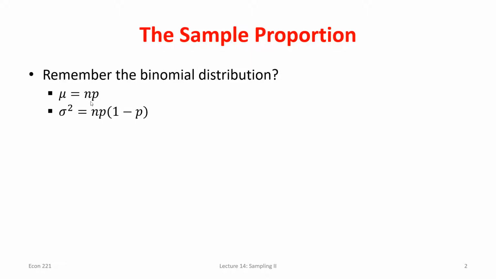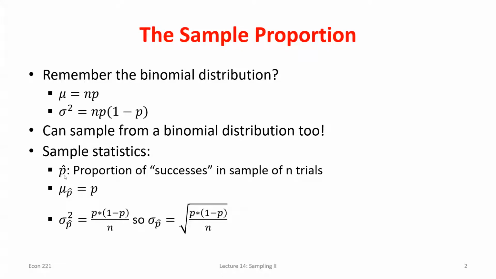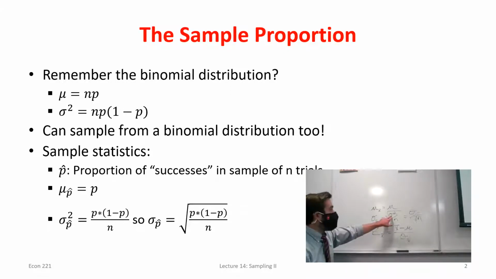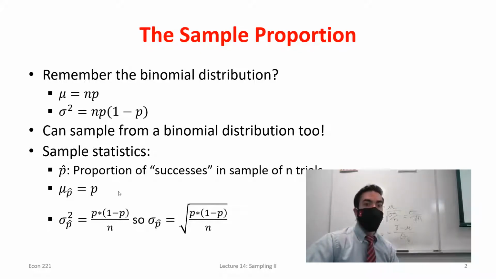So if I divide both of these by n, when I'm thinking about my sample proportion, not the number of successes but the proportion of successes, if I divide this by n, I just get whatever the true population proportion is. And if I divide this by n, I would just have p times 1 minus p. But we know that for the variance of a sample statistic, like the variance of the sample means, let me have this up while I'm talking for the video, the variance of our sample means, or the standard deviation of our sample means, we had to divide the original variance by our sample size. So if I divide this by n, p times 1 minus p, I then have to divide it by my sample size again, when I'm thinking about the variance of my sample proportion.